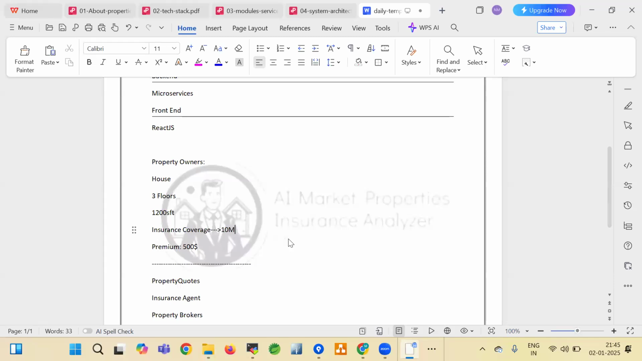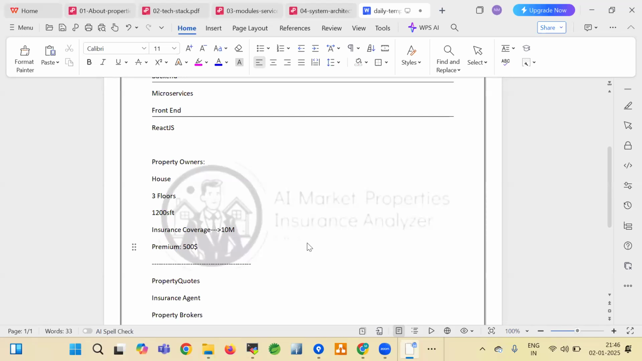So that is the need of this property owner, right? So with this need, the property owner will do what? Whatever he is looking for, he will fill in this information and put it as a quotation, a property quotation. So what is the current problem in the market now, and how will our MIA, Market Property Insurance Analyzer,